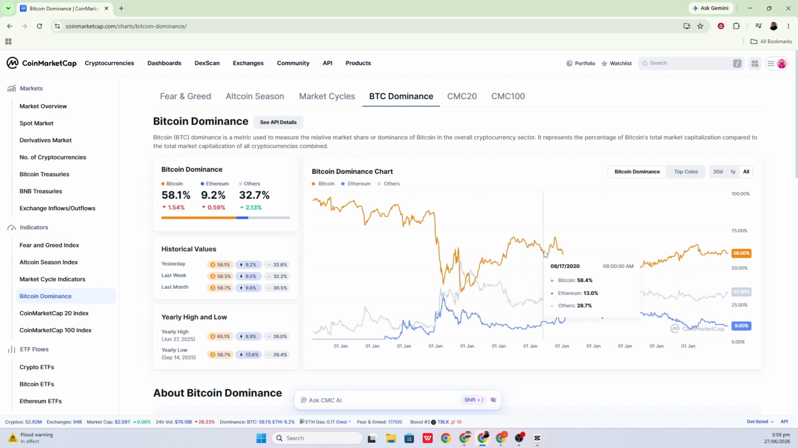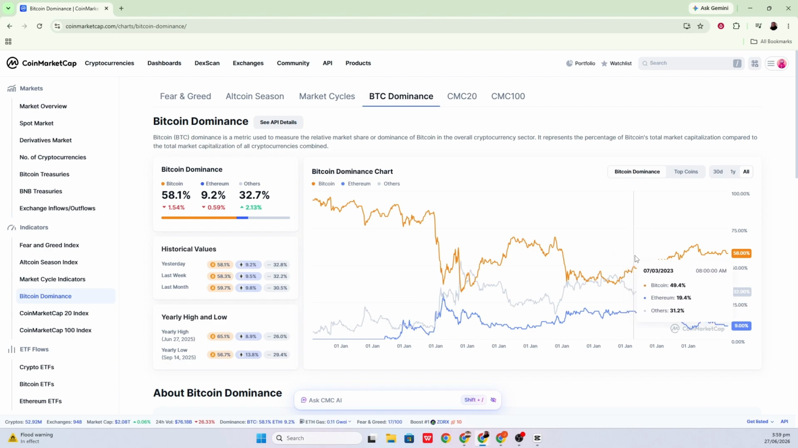After opening the chart section, scroll down to the share of total market capitalization, also called the dominance chart. Use the interactive chart to view Bitcoin's market share over time. You can toggle individual coins on and off to compare Bitcoin's share with other cryptocurrencies, including Ethereum and stablecoins or